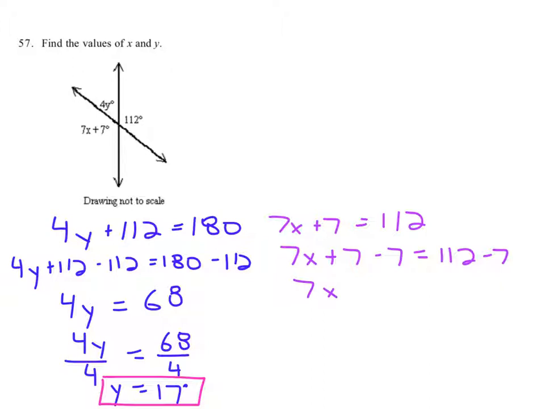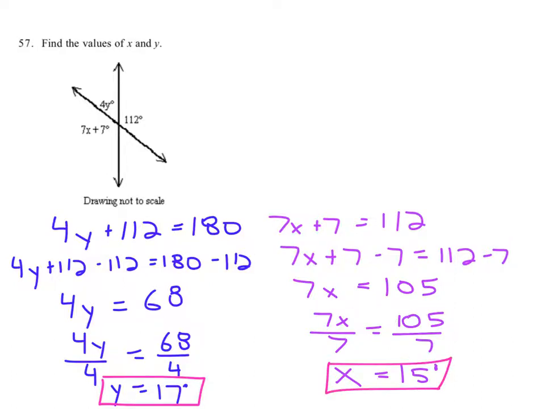So now if I simplify this, I get 7x equals 105. And then I need to undo that times 7 with the divided by 7, do it to both sides, and I will get x equals 15 degrees. And they asked us to find the values of x and y. So